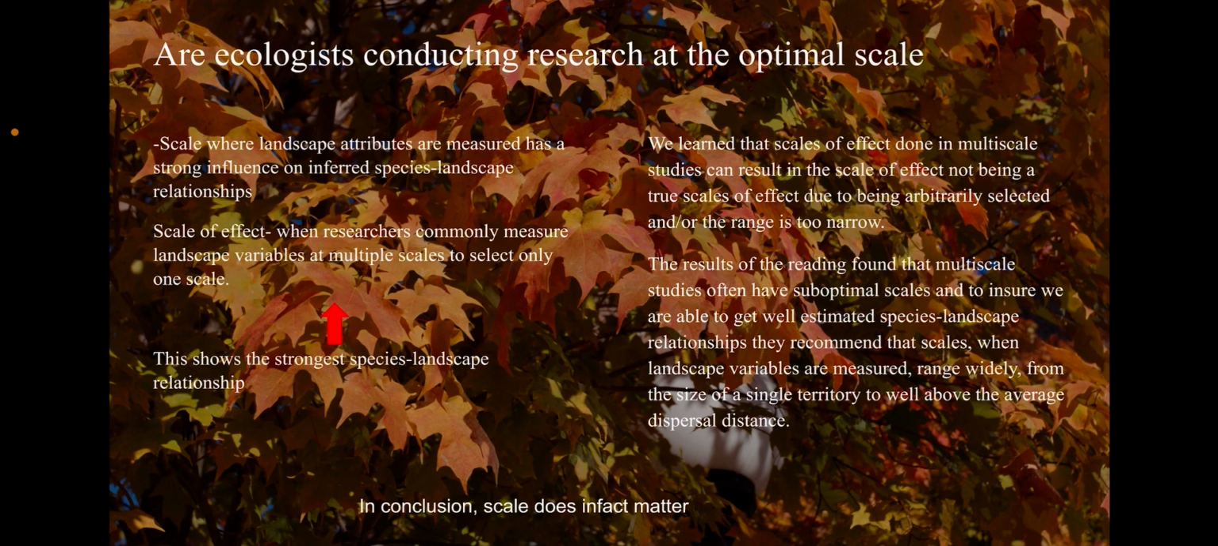We learned that scale of effect done in multi-scale studies can result in the scale of effect not being a true scale of effect due to being arbitrarily selected and or the range being too narrow. The results of the reading found that multi-scale studies often have suboptimal scales, and to ensure we are able to get well-estimated species-landscape relationships, they recommend that scales, when landscape variables are measured, range widely from the size of a single territory